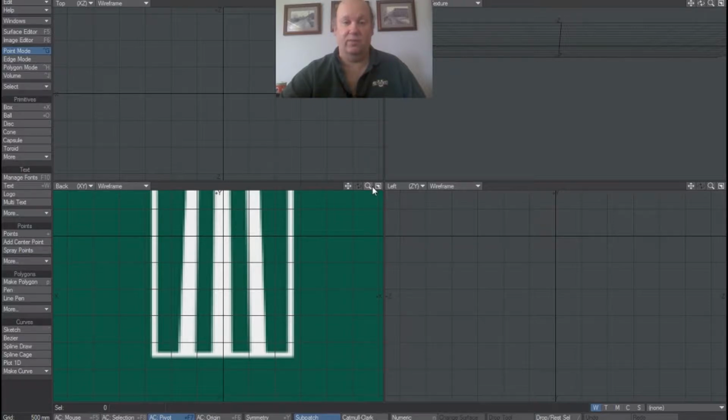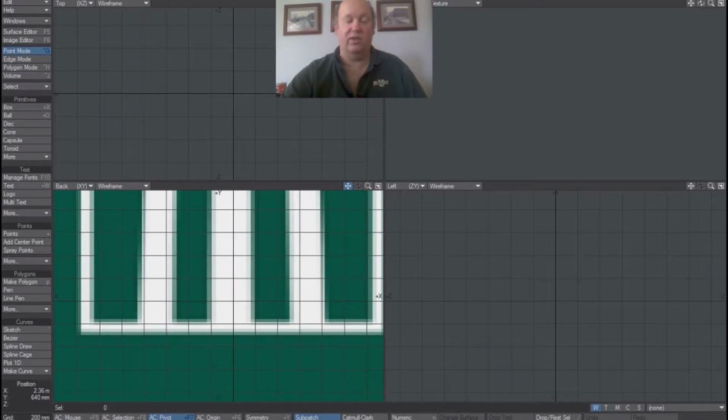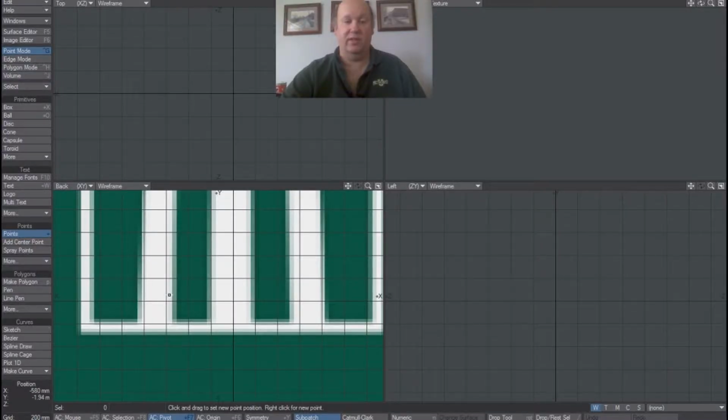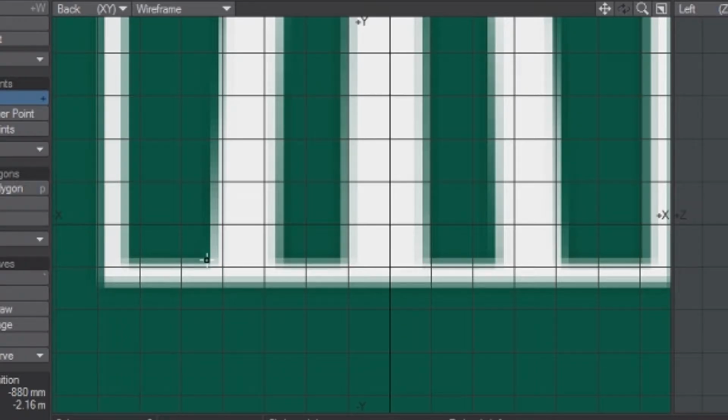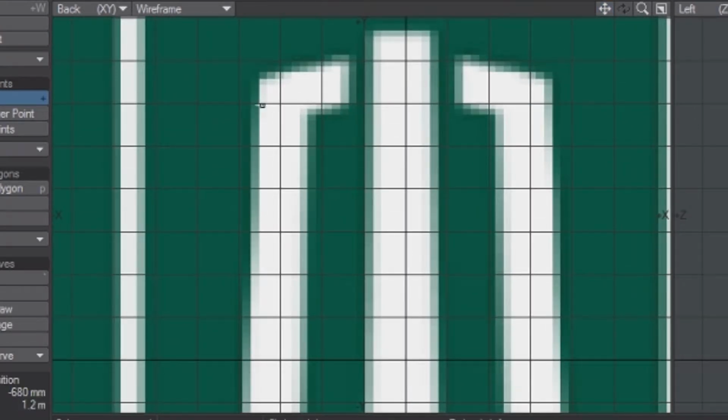Now the first thing we're going to do is we're going to go to the bottom part of the logo, and we're not even going to have to trace all of it. So if I go into my Create tab and I select points, I'm going to create points to represent one of those towers. So I'm going to go all the way down to the bottom of this tower, and I'm going to click on my first point. So there it is. Then I'm going to scoot up here, go to where that line would end, and I'm going to right click to create a second point,